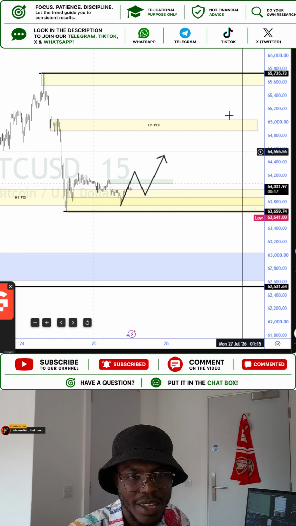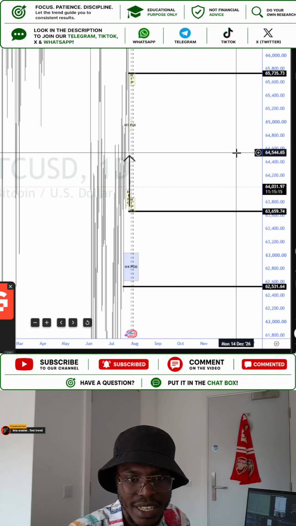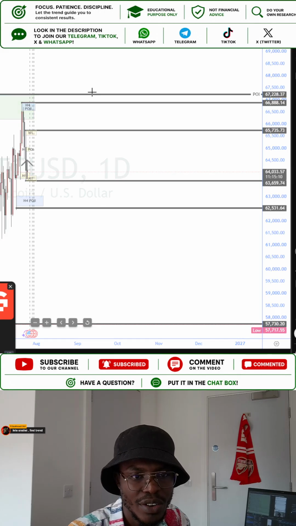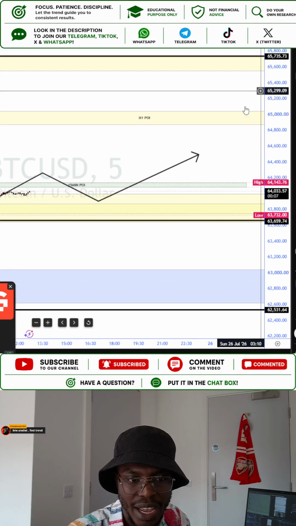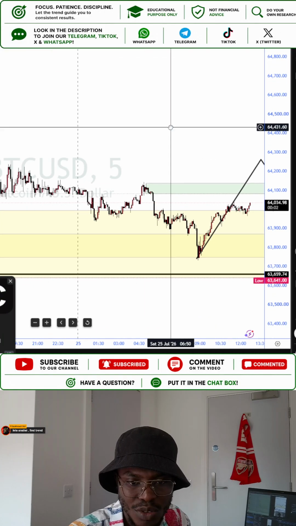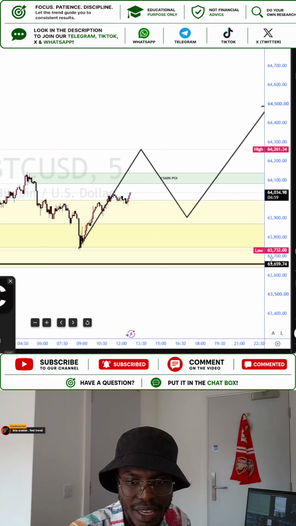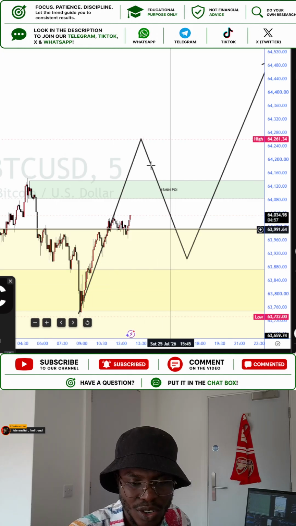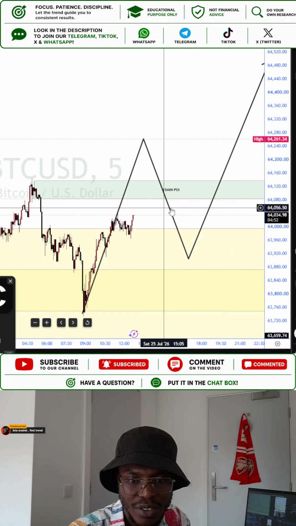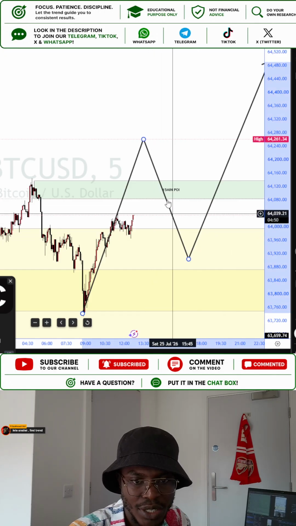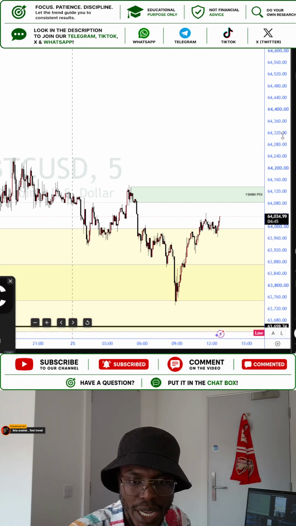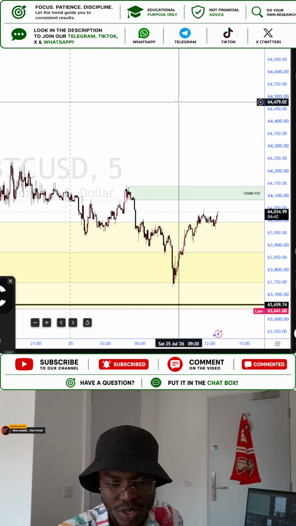However, in my bigger view on the daily, I am looking for what? A sell trade on a bigger view. But when we refine this trade to where we are at the moment, what we are looking for is whether this thing will react here, which will give us a sell, or it's going to break through this area and then come back for a retest for us to pick a buy trade. So that's the trading analysis for BTCUSD on 25th July